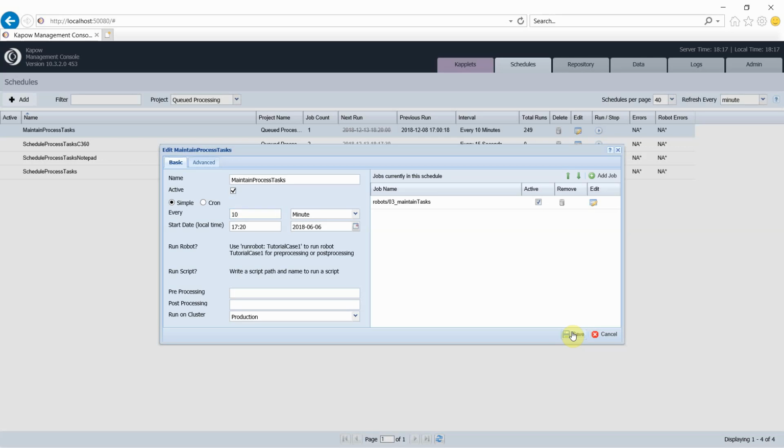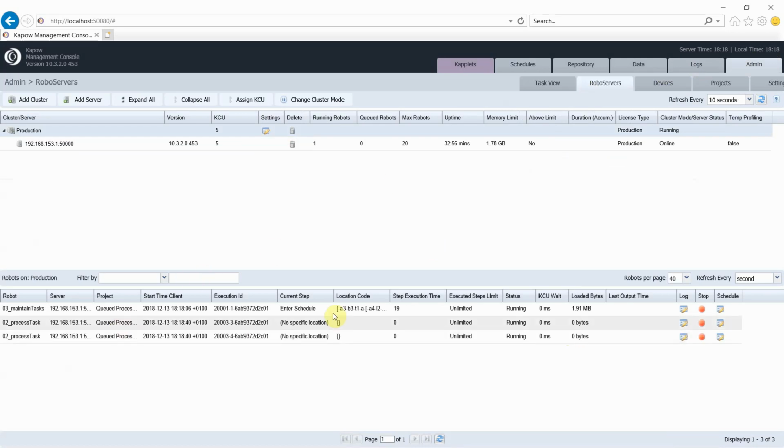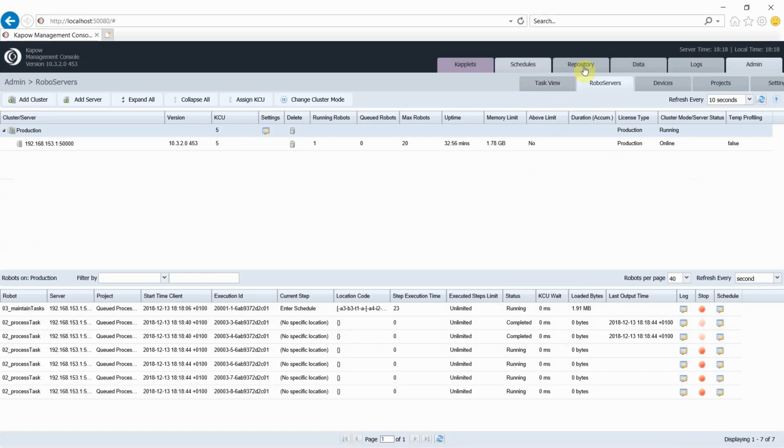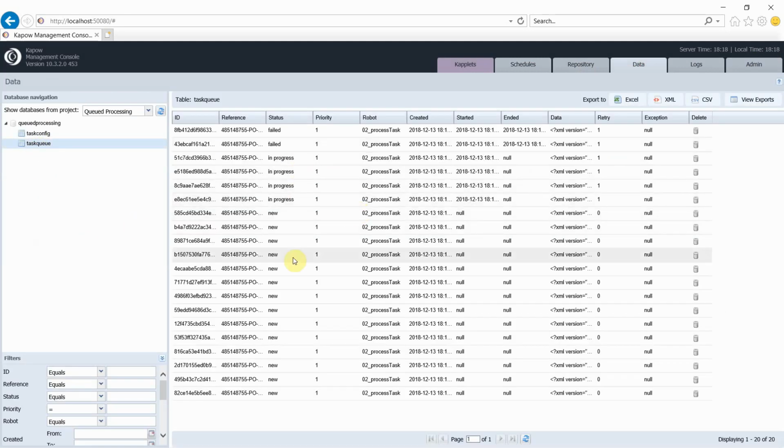Saving that and activate it. It's now started, and now we can also inspect and see that robots are started here. And when we look into the database, we see a couple of them are in progress, 2 of them are failed. And as we watch this, as we go along, we see the progress